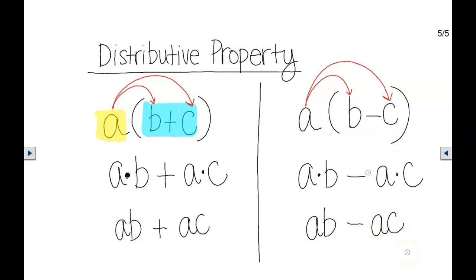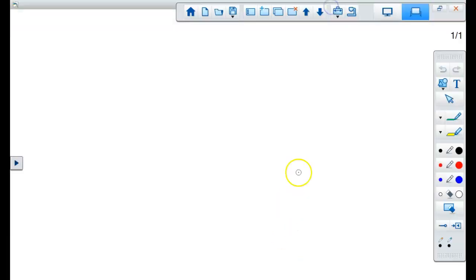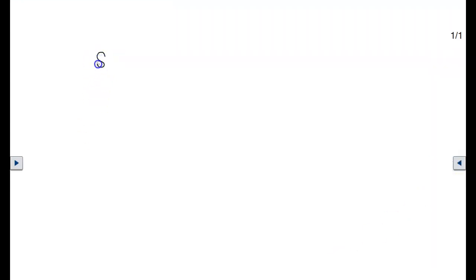So the distributive property lets you take a number and multiply it by an entire group by multiplying that number by each member of the group. Okay, now that we know what the distributive property is and what it will let us do, let's take a look at how we're going to use this in algebra. In algebra, you are going to use the distributive property to help you simplify